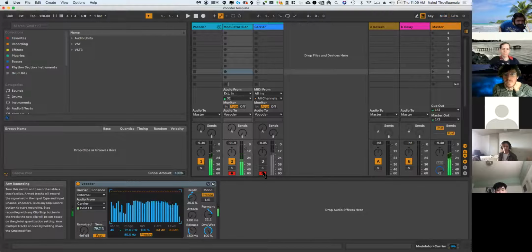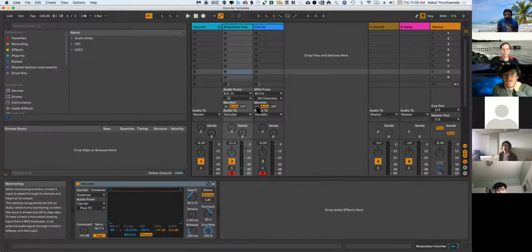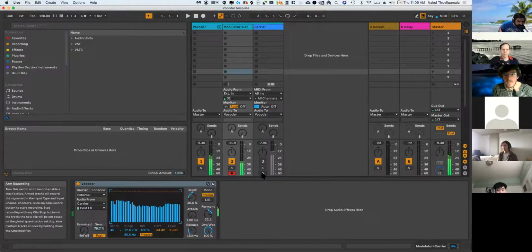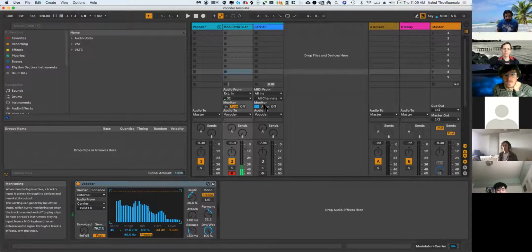Test. Oh, okay. Here's one other way you could do it without arming both tracks. If you leave this on input, it should still work. Test. I think on the template, I need to re-upload this. I think in the past I did arm both tracks. I think that's a good way of doing it, but that might be a little annoying at times